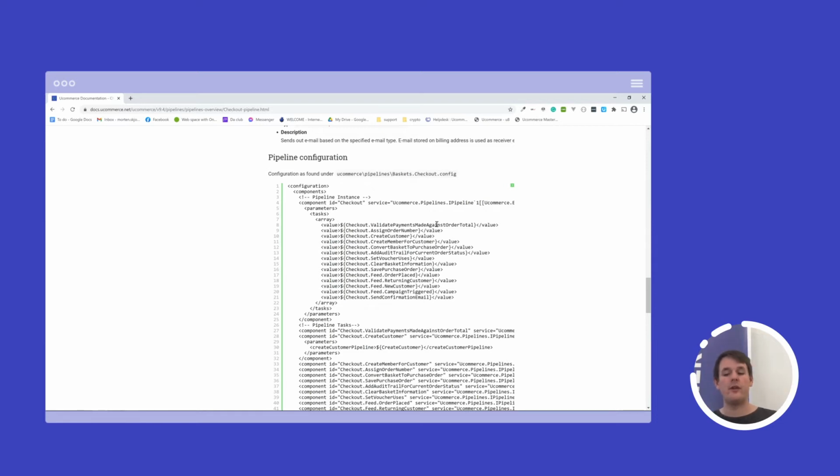If he then opens up a new browser and modifies the basket to add more stuff in, he will still only have paid 500, but the value of the basket is far more. So what we can evaluate here is, does the order total in fact match what the customer has paid? That's basically a safe handle to prevent that from happening in the system. So that's the first step that runs. Next step is that we assign an order number to the order.